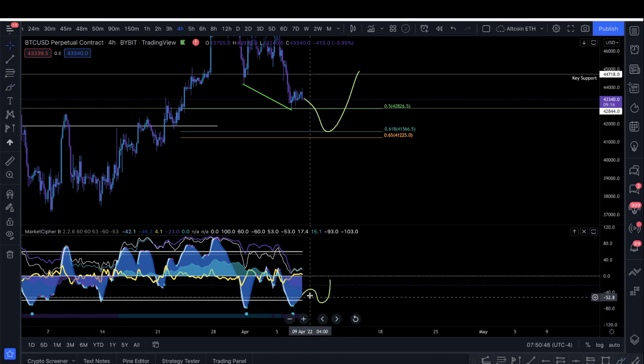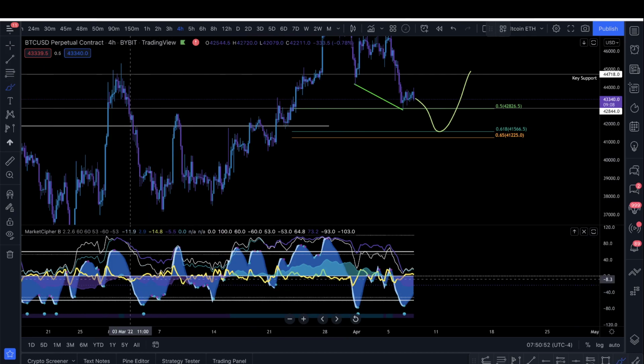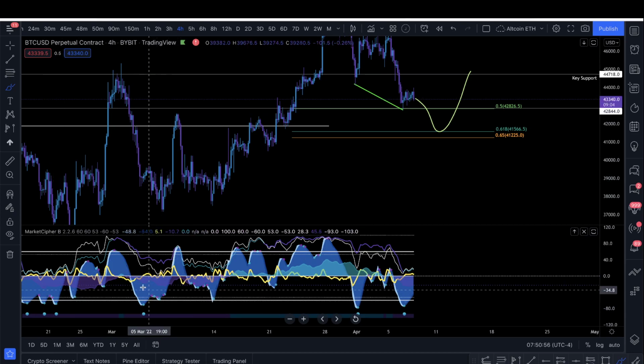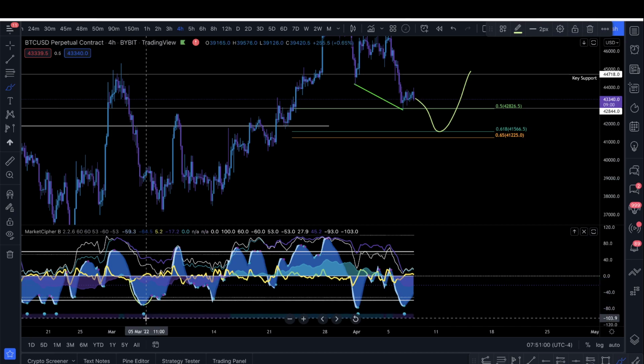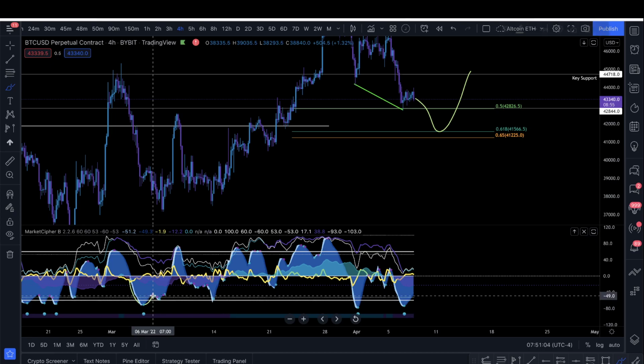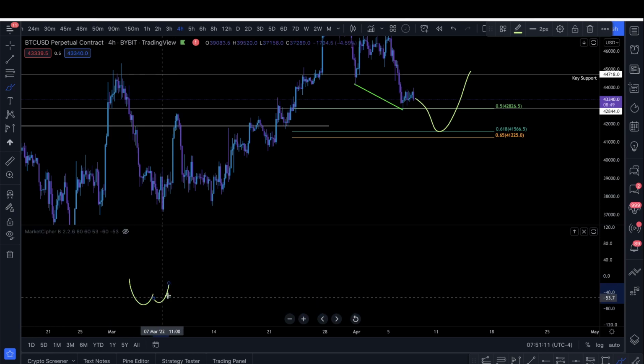What is an uneven butt cheek pattern? Well, let's see if we can find one in the past. An uneven butt cheek pattern is where you have one momentum wave like this, but there's 2 humps on it. The first one being the left butt cheek, very juicy. And it makes it even more juicy if you have a big Ben BitBoy green dot right there. And then the second one being not so deep, a little bit higher. So if we go ahead and turn off Market Cipher B,